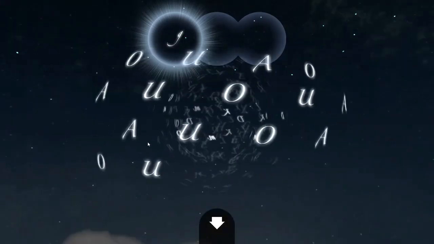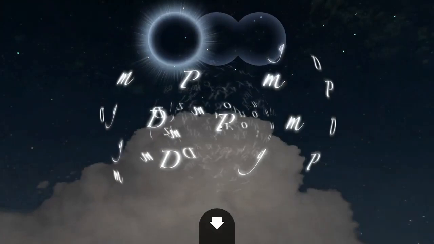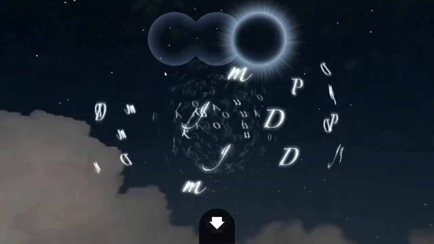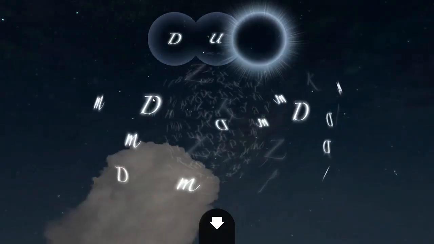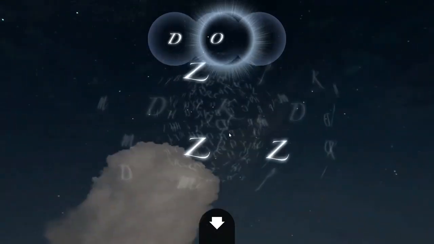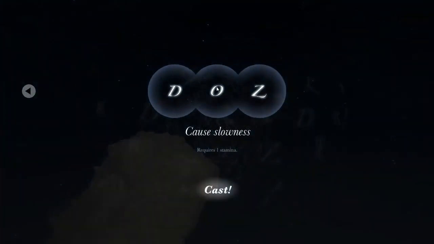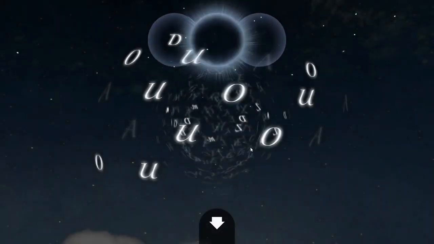What do we got here? Gum. Create glue. Popped under a rock. I don't know how that's possible. Just pick up one off the ground. Mud, he's flying. Treasure, oh that'll help. Doze? Slowness, maybe. What else we got? I think I just did that. Yeah, slowness. Clumsiness, that's free stamina, so...